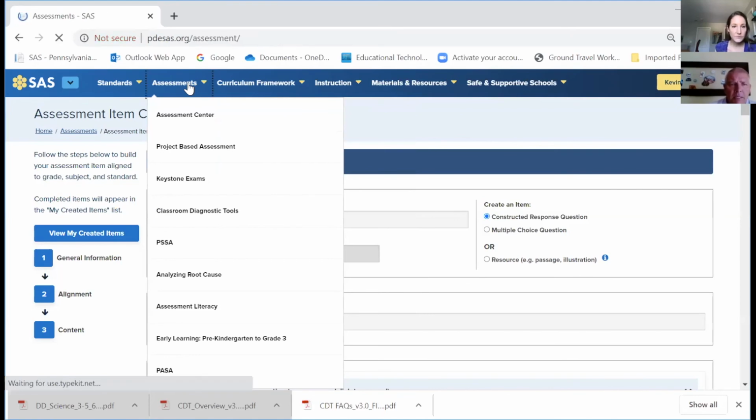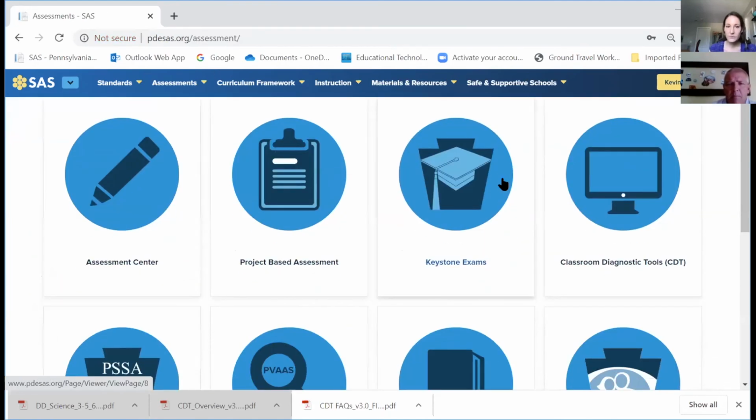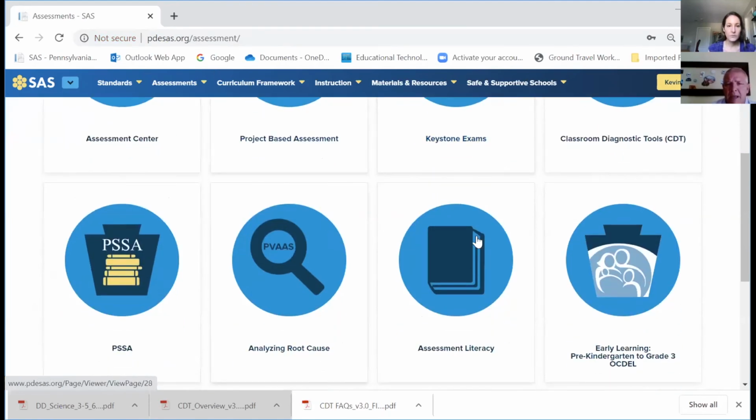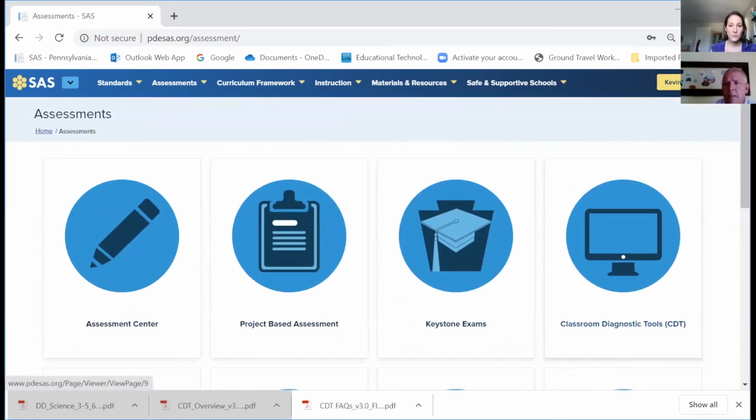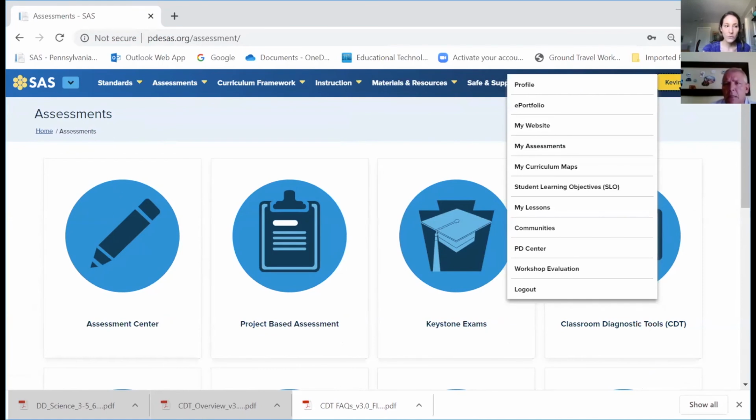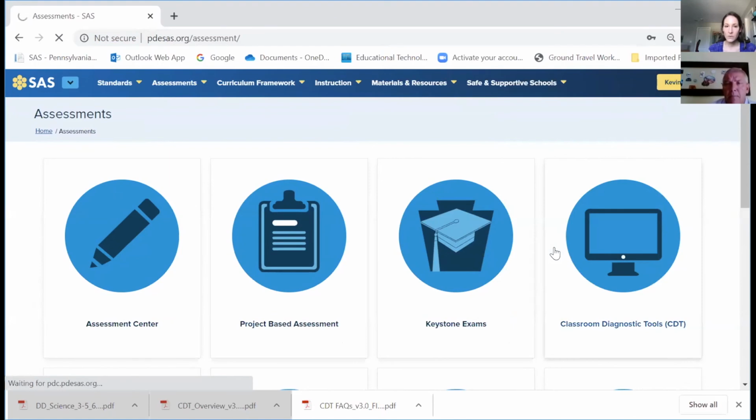So back to assessment. That's the assessment builder. And again, not much here has changed other than the check for understanding. All right. The last thing is on the yellow box when you're in there, there's My SAS Tools. If anybody ever needs Act 48 hours, the PD Center